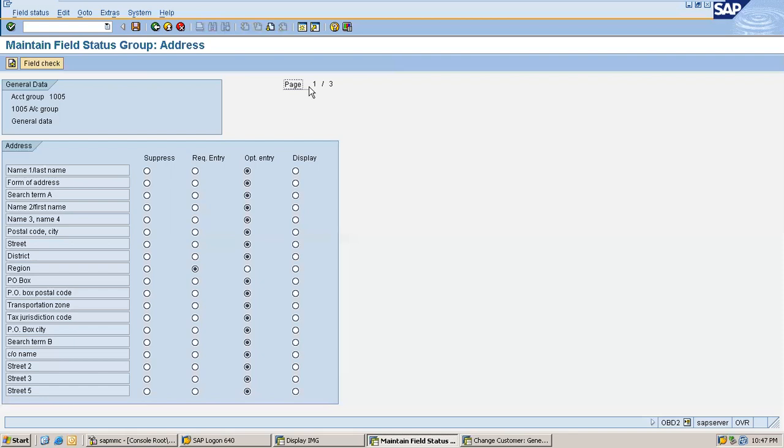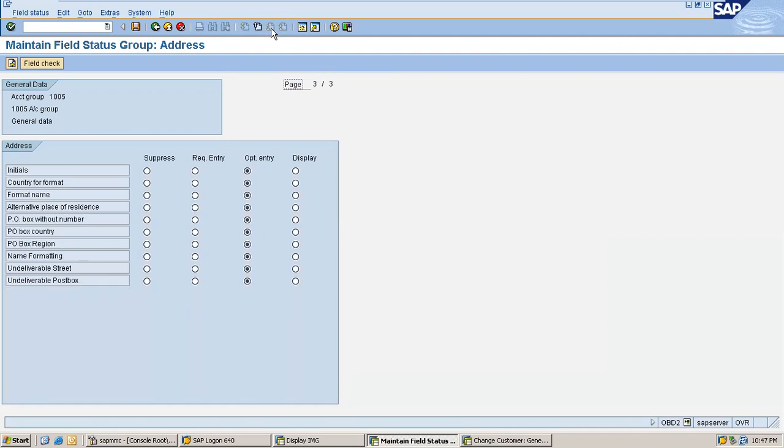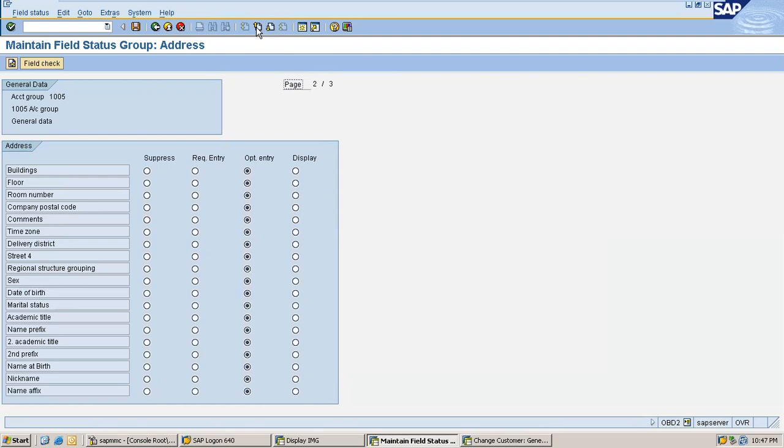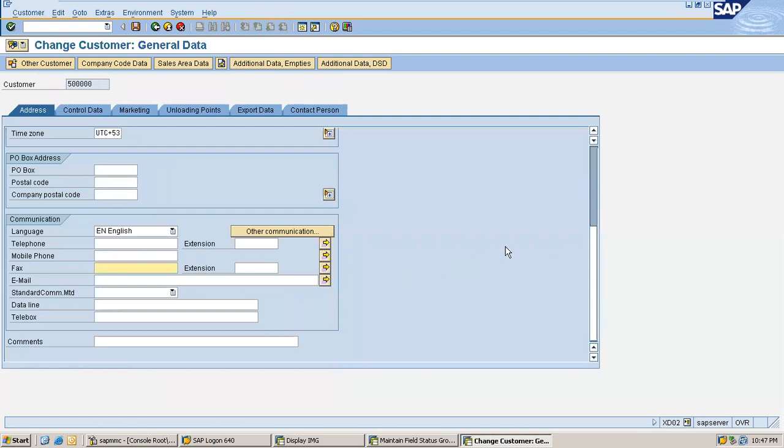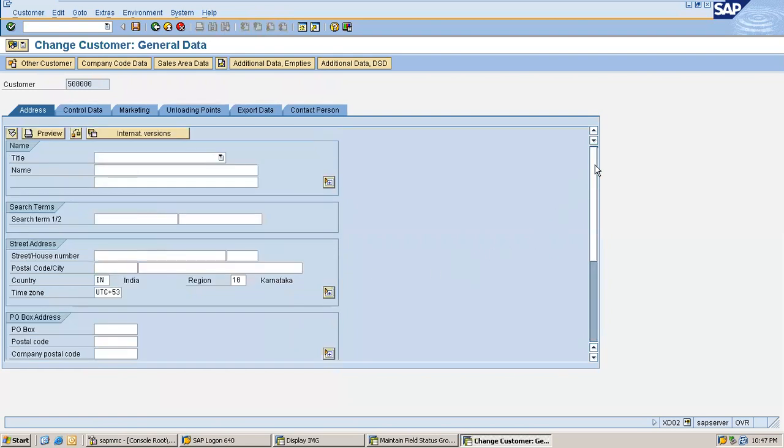See, this has 3 pages. These are not the only field list. Come down, check fax. You don't have fax. You might be having it, but with a different name. Fax, no fax. So check another field like district in the address tab.